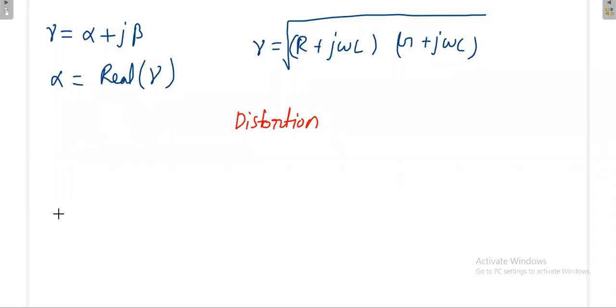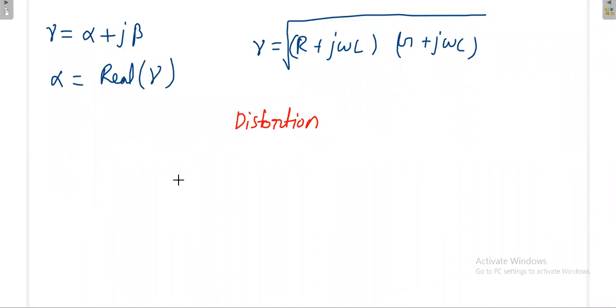Anybody is remembering what is the distortion present in the power amplifier? Is it amplitude distortion or frequency distortion or phase distortion? Anybody? Generally there are 3 distortions because for a signal itself there are only 3 parameters. Amplitude distortion. Okay, what is the meaning of amplitude distortion? Yes, anybody?